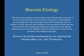What's the bruxism etiology? The most recent hypotheses on the etiology of sleep bruxism support the roles of the central and autonomic nervous system in the genesis of oromandibular activity during sleep. More specifically, sleep-related mechanisms under the influence of brain chemicals and maintenance of airway patency during sleep may increase motor activity underlying the genesis of sleep bruxism and rhythmic masticatory muscle activities, the motor manifestation of sleep bruxism preceding